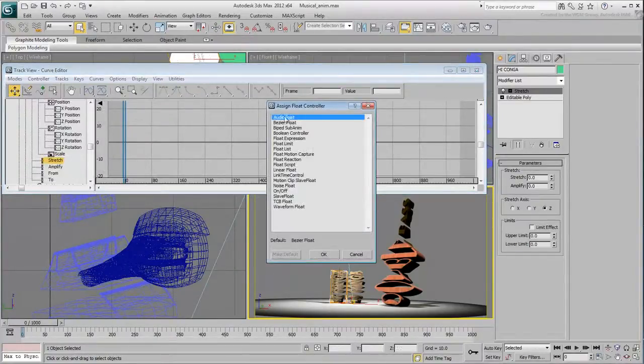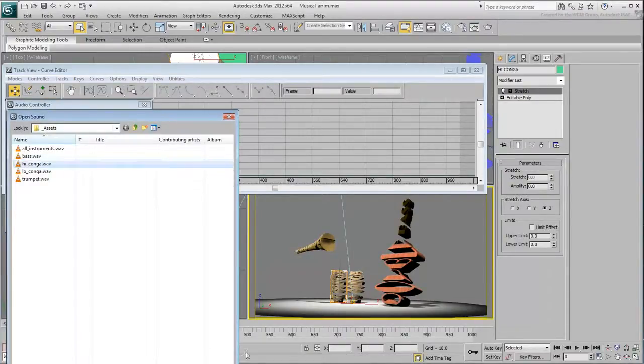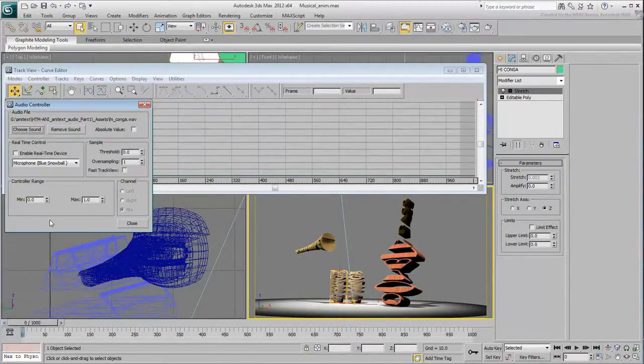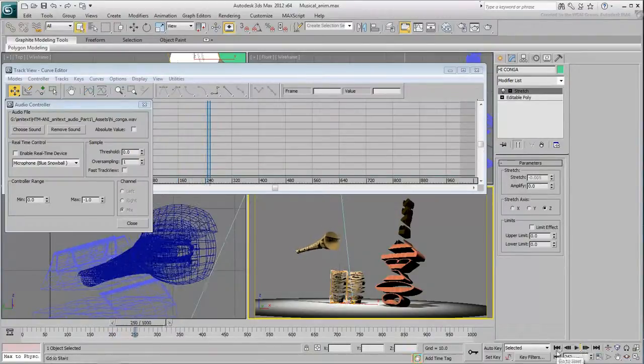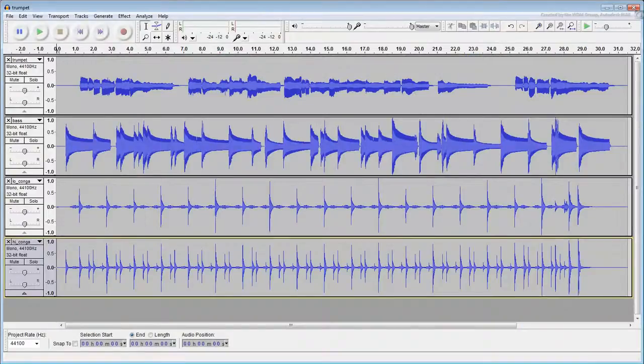Only this time, choose the high conga wave file to control the stretch value. Set the maximum value to -1 and test the animation. Again, the effect seems too jittery, but in this case for another reason. Take a look at the high conga wave file and notice that other than the spikes representing the drum sounds,